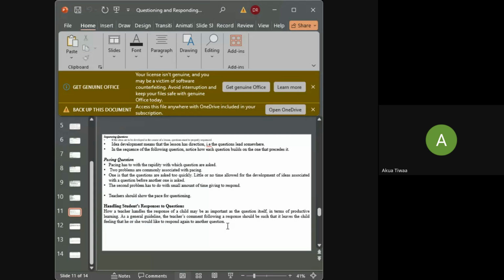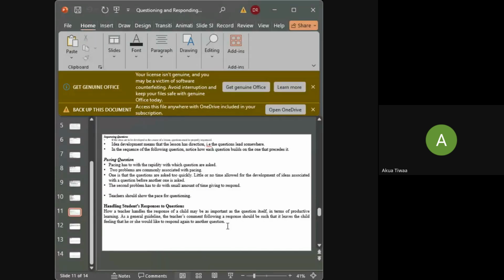So that is it. If you are asking questions too hurriedly or slowly, it doesn't help. If you are asking questions and then it is too slow, it means you want the learners to get some cues out of it. The way Madam has taken her time to ask this question, it means it is coming in the exam. The way she's brushing, it means we don't need it. Let's forget about it.